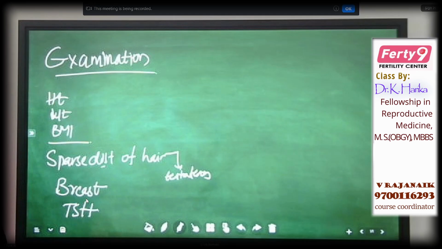Thyroid also. Any history of neck surgeries for thyroid disorders or any hypothyroidism, what will happen ultimately? It will affect fertility, because TSH and prolactin also affect the fertility hormones like FSH and LH. If there is an increase in TSH values, like in hypothyroidism, and also if there is any hyperprolactinemia, it will decrease the LH levels. So obviously, it will cause decreased testosterone and decreased spermatogenesis, so ultimately it will land up in infertility. That's why ruling out thyroid disorders and hyperprolactinemia is very important.